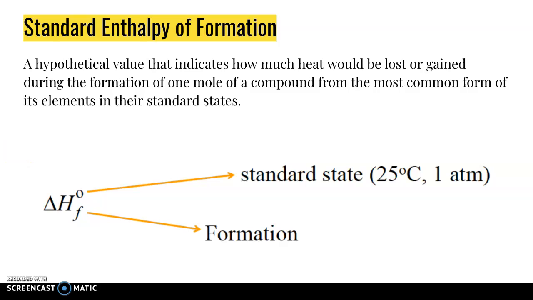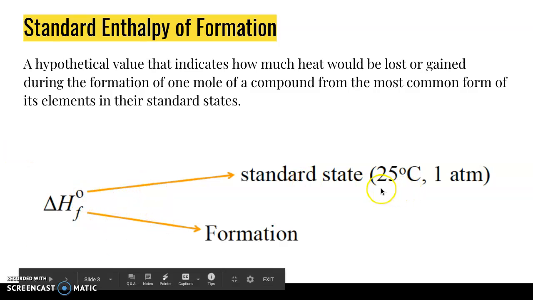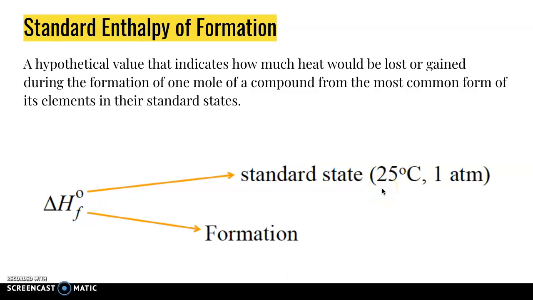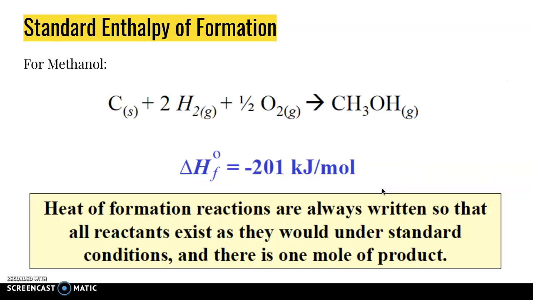The little superscript 0 means standard state, which means it has to be 25 degrees Celsius and 1 atmosphere. So this method can only be used if the system is at standard state, 25 degrees Celsius and 1 atmosphere. And the little F tells you formation. So we start with the elements and assemble every compound in the balanced chemical equation, and that's what gives us the enthalpy of formation. So we'll look at an example to see what that really looks like, and we're going